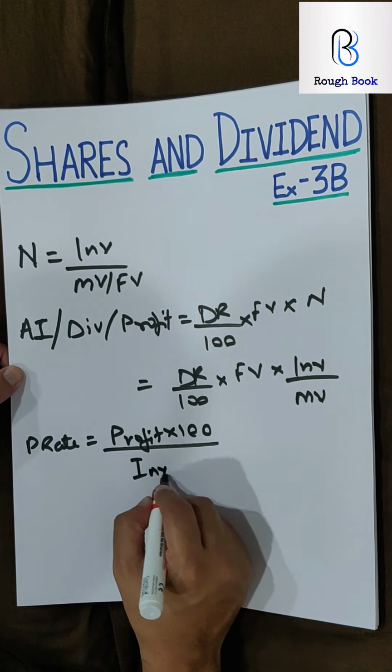So face value is what you have to find, and the man is receiving his annual income or dividend as rupees 2840. Correct? So annual dividend is rate by 100 into face value into number. Now number is missing here completely. Number is not given only. So we will assume the number to be 1. That means the man is having only 1 share.